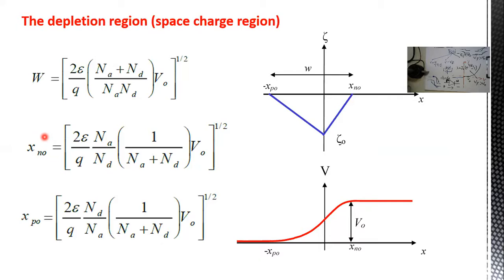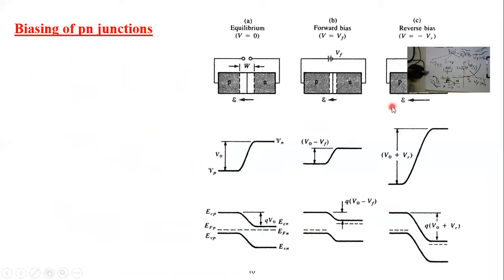And I told you that we simply put this naught subscript to indicate that this is under thermodynamic equilibrium. But what about reverse and forward bias? Life is very easy. If you are in a reverse bias, what you are going to do is very simply use the same three equations, but with V naught replaced by V naught plus VR, if you remember from this slide. So whenever it's a reverse bias, it's V naught plus VR,